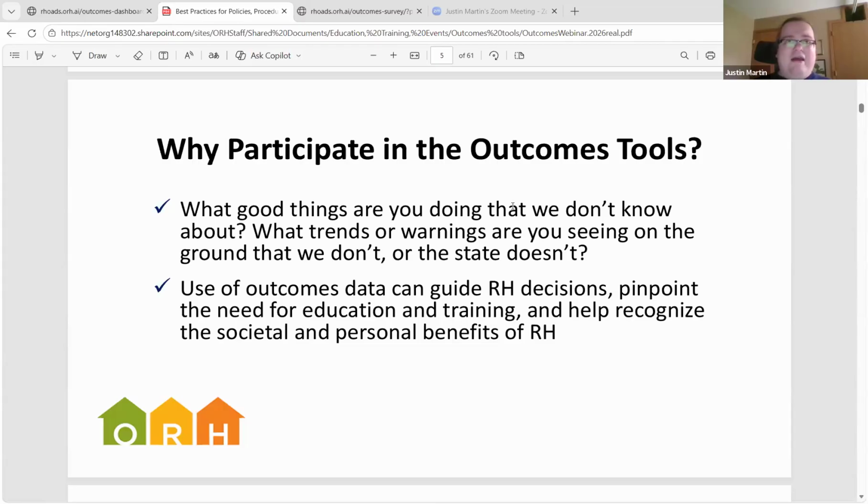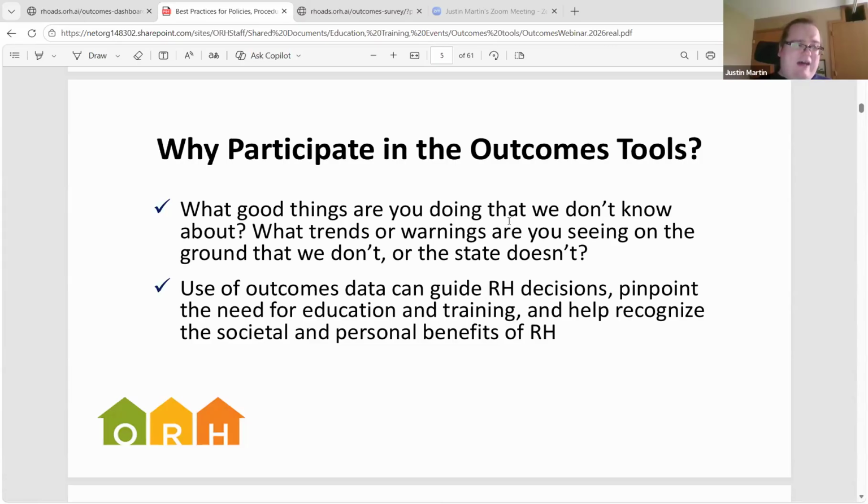And unfortunately, a lot of our friends in the state legislature don't necessarily understand what recovery housing is or what you guys deal with on a daily basis or the good outcomes that you guys end up having. So getting this data, every couple of years we do a report that allows us to paint a picture for the community about why they should have well-funded recovery housing in their area. Also, just from your perspective,